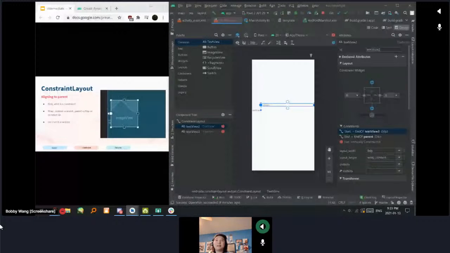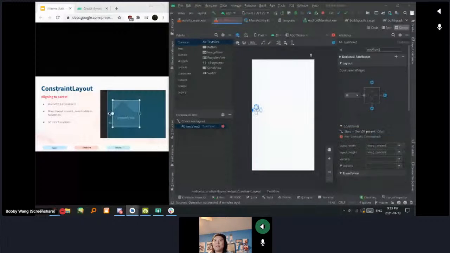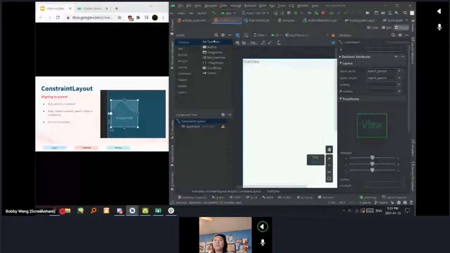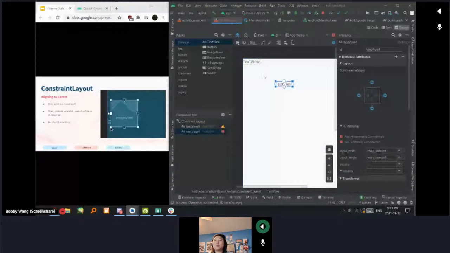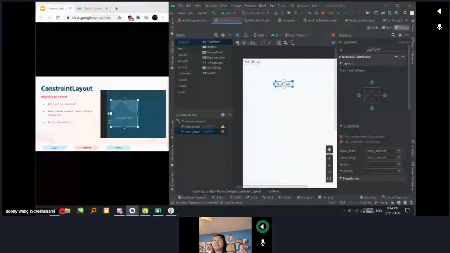You already have a sneak peek of this, but constraints are really good at positioning things relative to each other. So if I have a text view like this, in the top left corner, then let's say I have a second text view, and I want this to be below the other one, but slightly indented. Like I said, constraints are really good at that as well, because I can take a view and I can add a constraint from any of its four